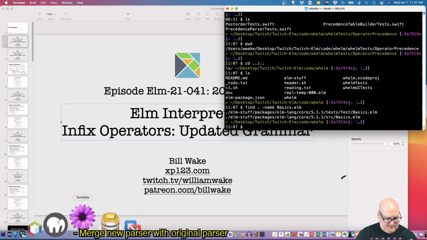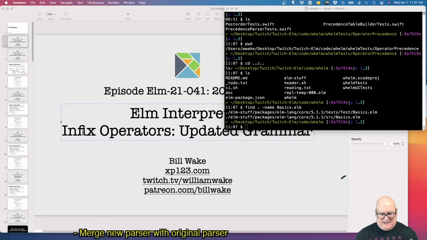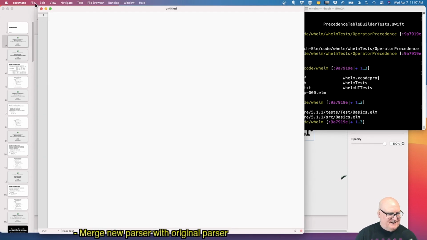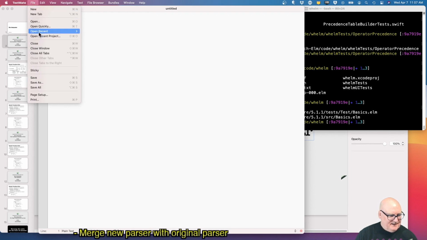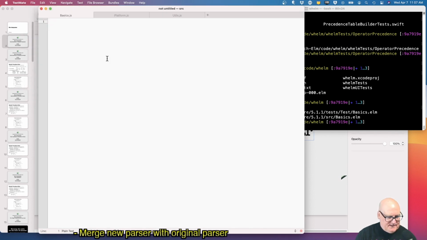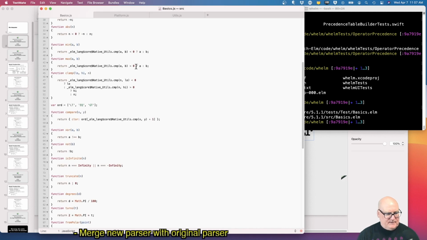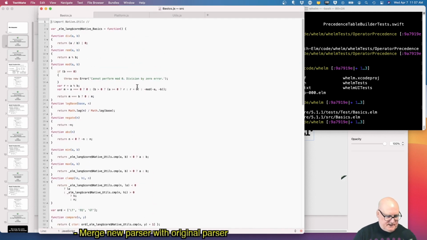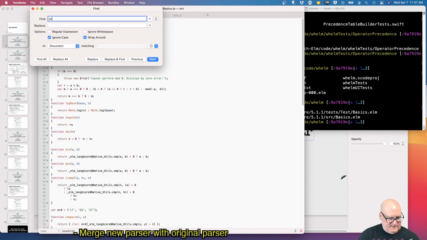Seems like we were here. Maybe with TextMate we can find it again quickly. Recent. Whelms. Yeah, so we had like Infix L or something.